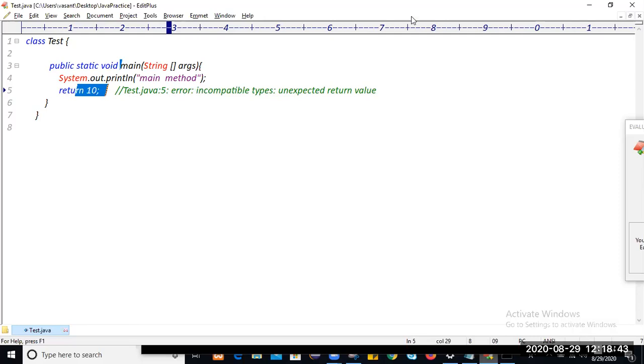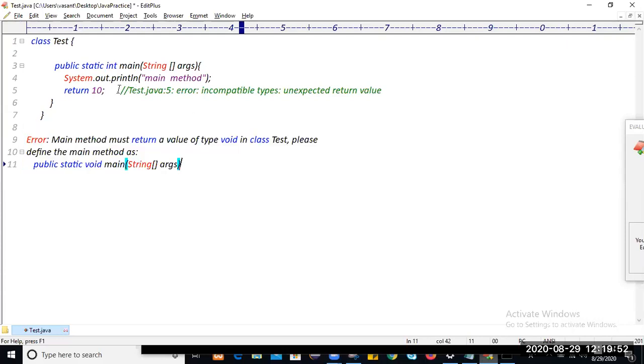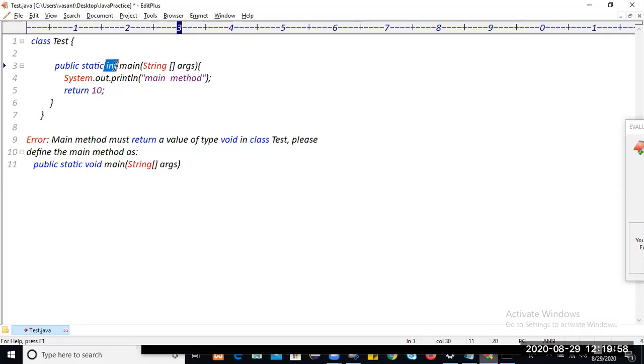Okay, just write down. When we try to change the return type of the main method, so this int is the return type. When we change the return type of the main method, then we will get a runtime error saying main method should always be public static void main, and it will always accept an argument of String array, like this. Okay, write this application as well.